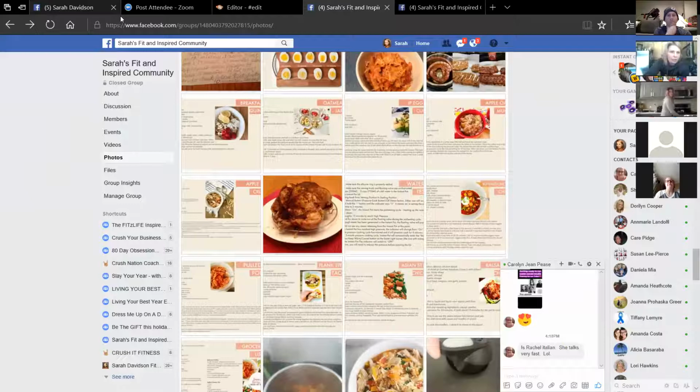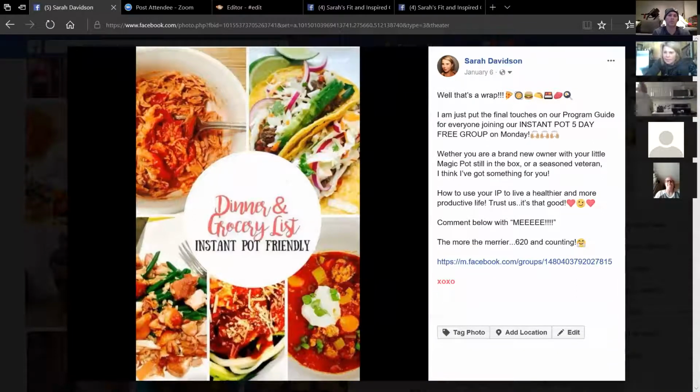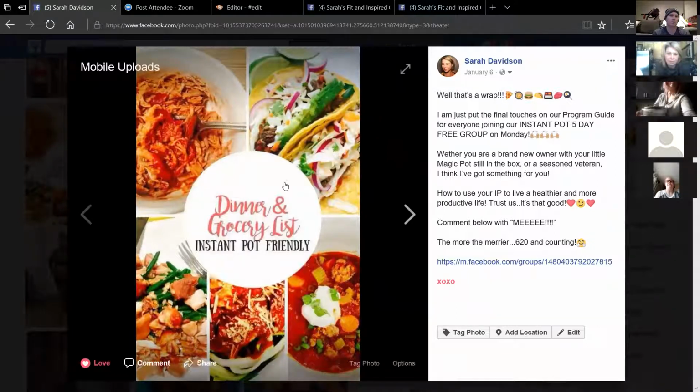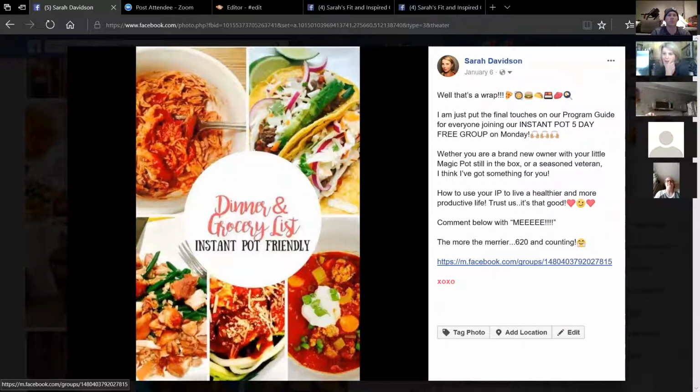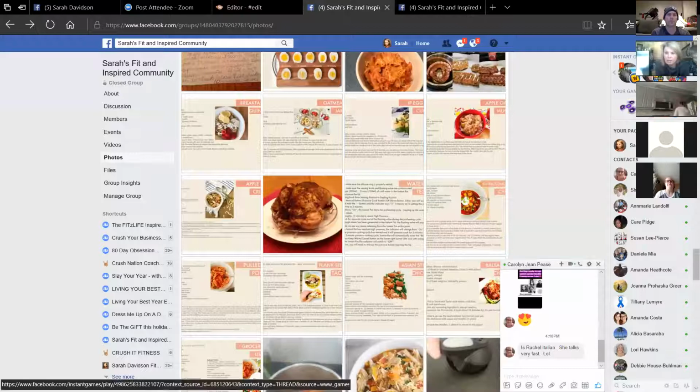And I was going to show you, this is an example of a post that I did to invite people to my group. This was an image that I found online, and I actually went in with an eraser. There was something written here and something written here. Then I did put the link here, although as Rachel said, it's a good idea to put it in the comments of your group. So I'll usually do a couple posts before.